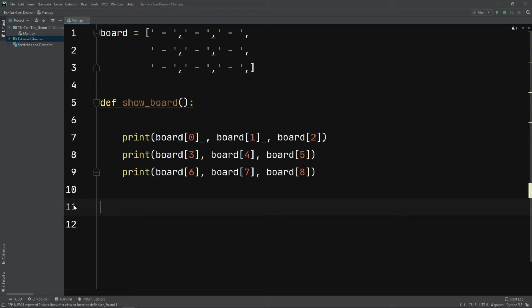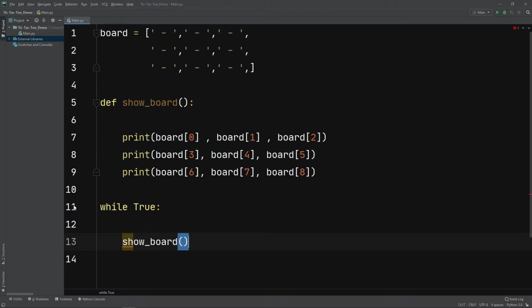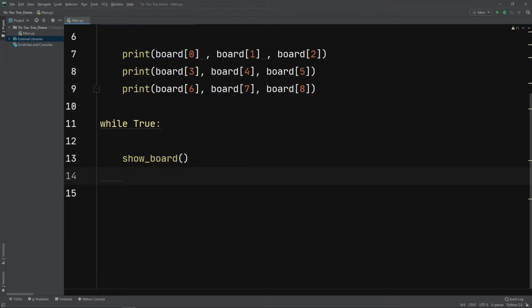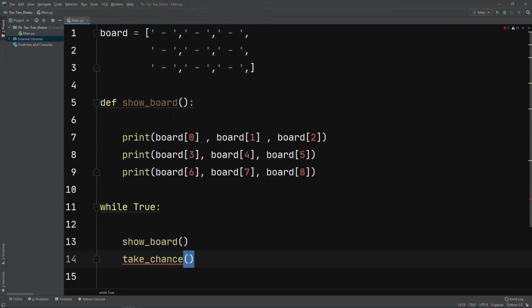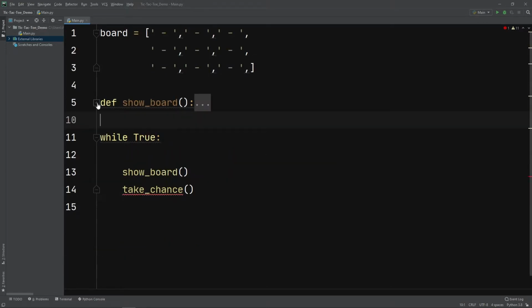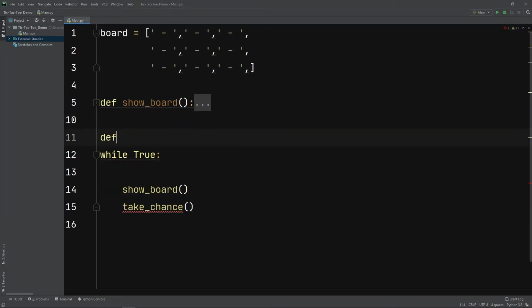And now what we have to do is make a game loop. So let's write while True, and in this game loop we will first show the board. So to show the board, we will call the show board method, and then we want the user to enter some chance. So we will make a method which is named take chance. This method is not defined yet, so let's define this method. So let's minimize that show board, and let's define